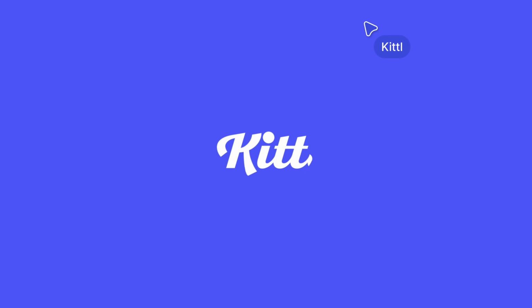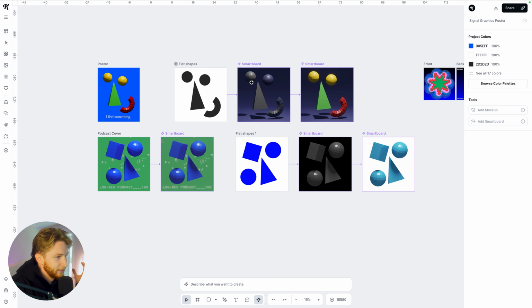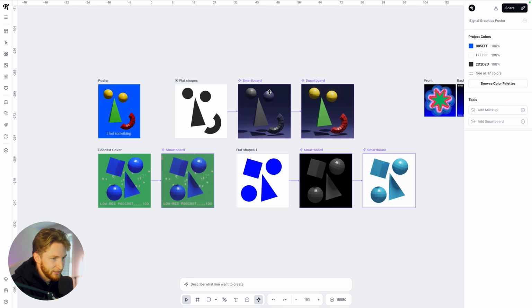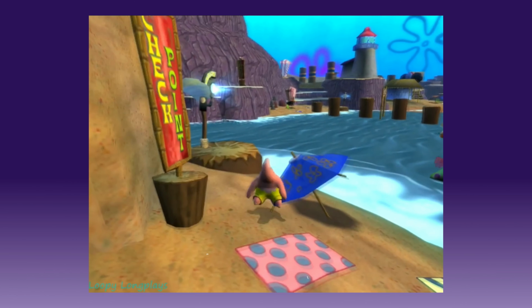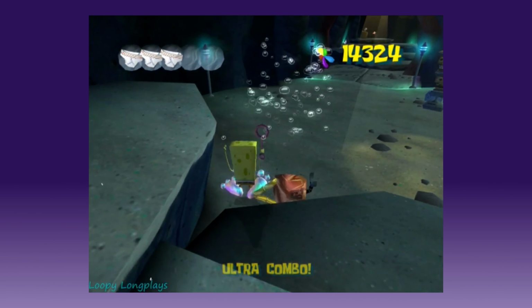But I've got a project with a couple of different Kittl flows open, and we're going to go through them to see how you can create some of these graphics for yourself. So right off the bat, we're feeling super 80s VHS, maybe slightly psychedelic, just different, very low resolution rendering, like if you were going to use Blender, but in 1980, what these shapes would look like, or very old video games, you know, the video games that we would look at the graphics and be like, oh, this is super high resolution, but it actually looked like pretty trash,